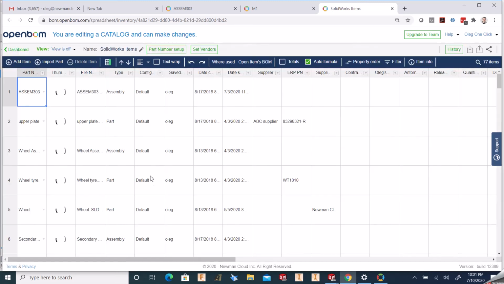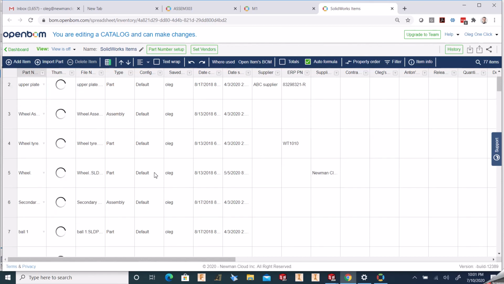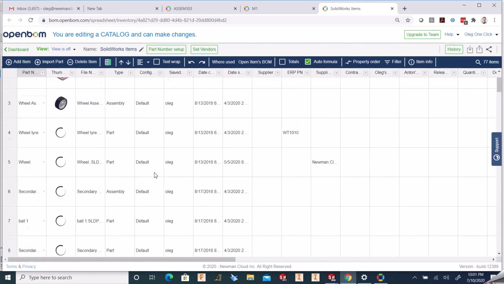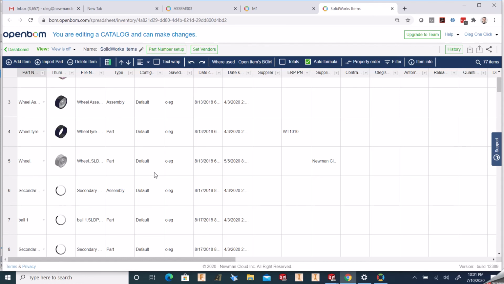In my next video I will show you how you can change this catalog and how you can make flexible usage of catalogs. But for the moment, here is the most important message. One click is everything that is required of you after you install the SolidWorks add-in. You can put in your credentials and start creating bills of materials, and the information is collected in OpenBOM, and the catalog is organized and connected to the bill of materials. Everything is under control, and of course all